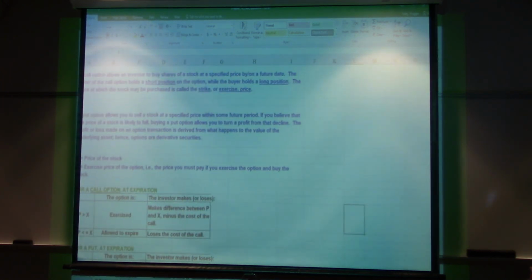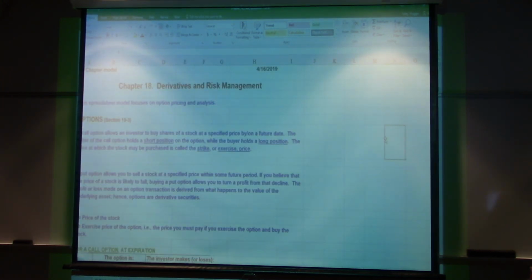So do you guys like options or not? You want to make money and you don't want to spend a lot of money. You want to gamble big, right? So you can gamble with options. For example, you think Apple will go up or Amazon will go up, but you don't have that much money. You have $1,000, but you want to buy as many shares as possible. So what you can do, you can spend like